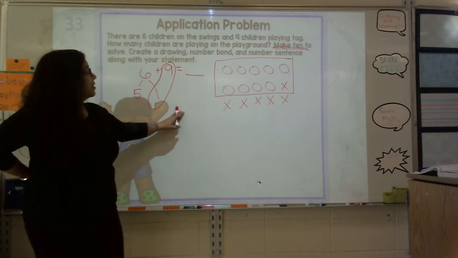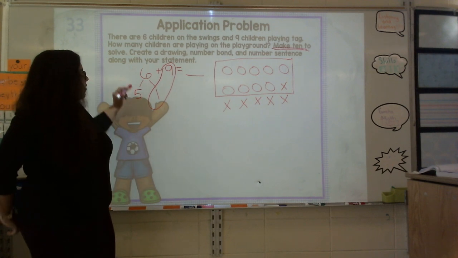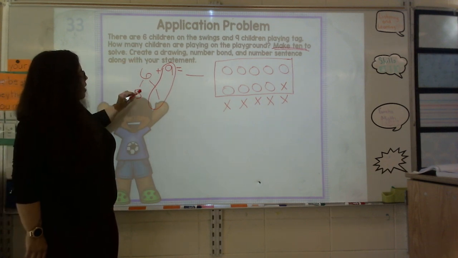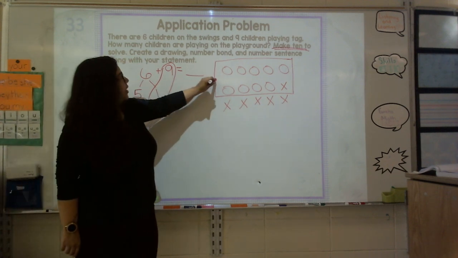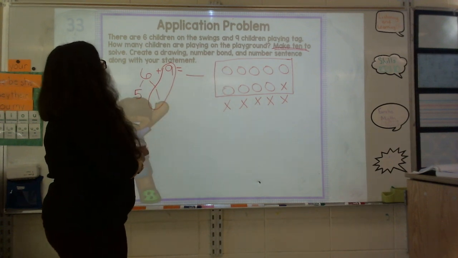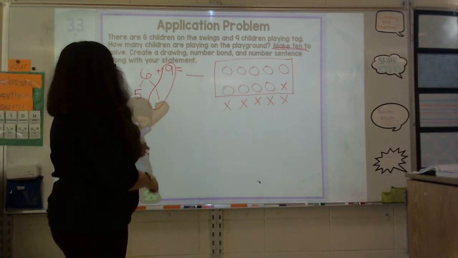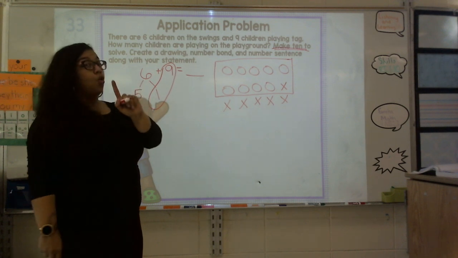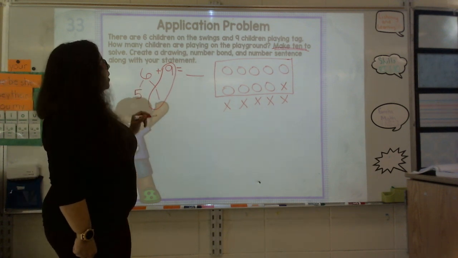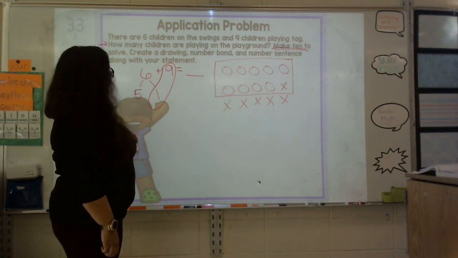All right, so we have a number sentence, check. A number bond, check. We have a picture, check. Let's solve the problem. So our answer to the question of how many children are playing on the playground is